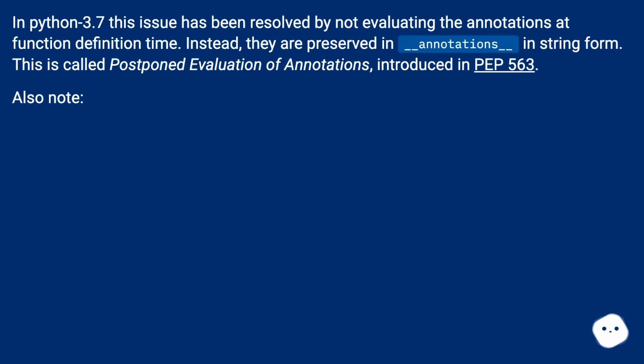In Python 3.7 this issue has been resolved by not evaluating the annotations at function definition time. Instead, they are preserved in __annotations__ in string form. This is called postponed evaluation of annotations, introduced in PEP 563. Also note,